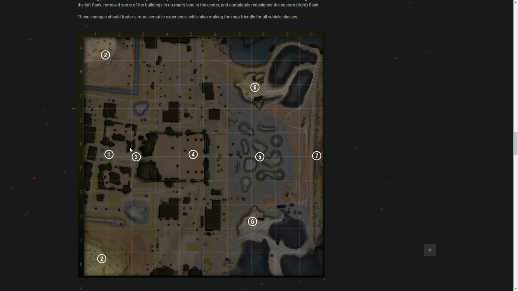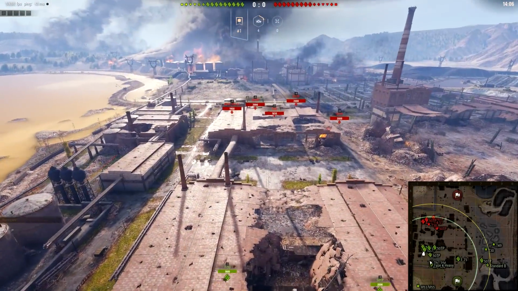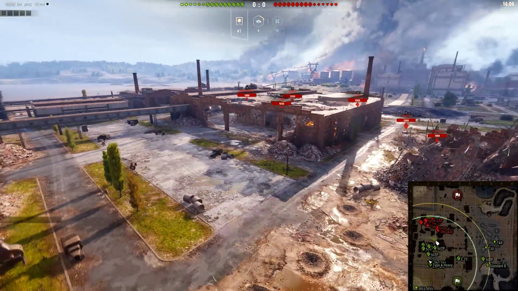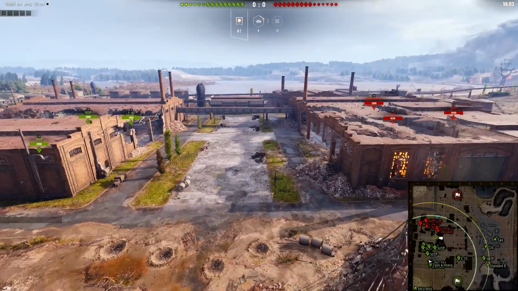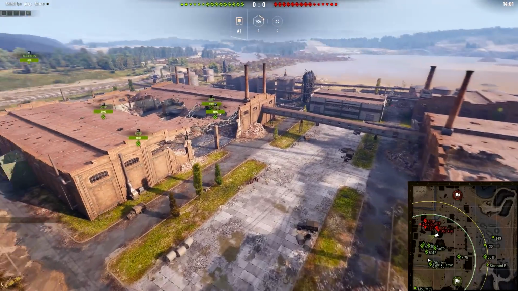And they actually did something really awesome. Simply by hovering over those numbers you can see little tooltips. For example, this position, the lowland, how to call it, with hangars, is on the same level as the rest of the map now, so previously it wasn't apparently. Opening clear shots all the way to the middle area. One thing that they do not mention over here is the distance between those warehouses is a lot longer. I would say maybe even 4 times the distance we had before,